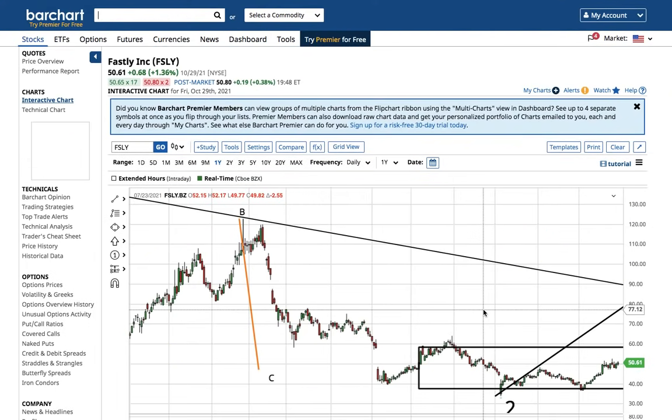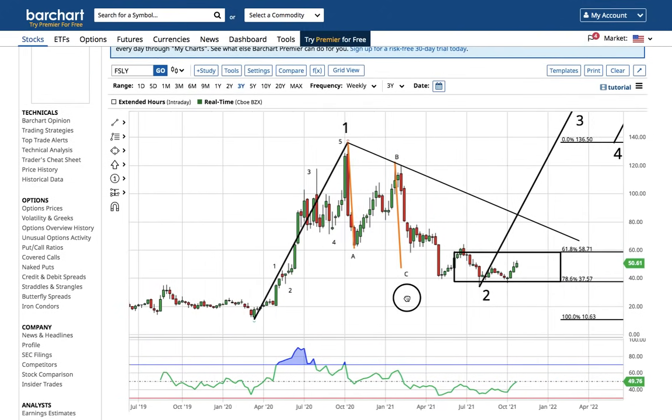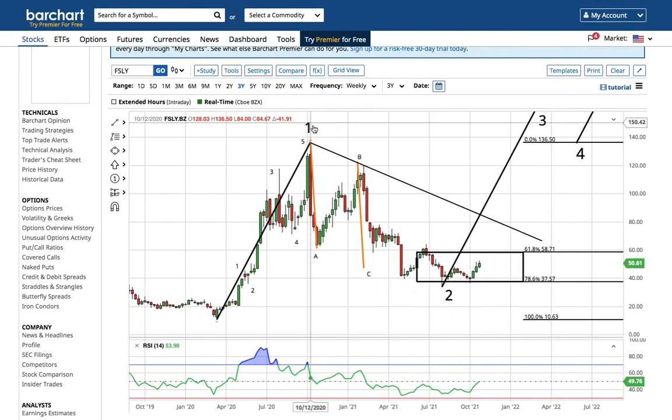I think Fastly, at the very least, we have a low to trade against. It's starting to look good. I don't want to be that guy who draws a trend line, but I think that's where we're going right now. And if we break this trend line, that's going to be a lot of evidence we did, in fact, put in wave 2. I think this is a 1, 2, 3, 4, 5, huge wave 1.